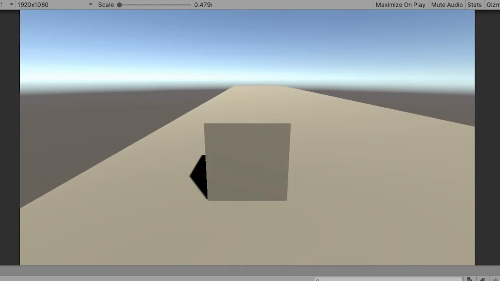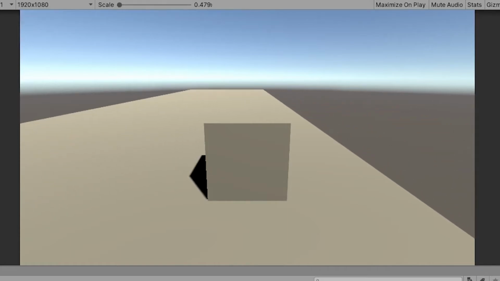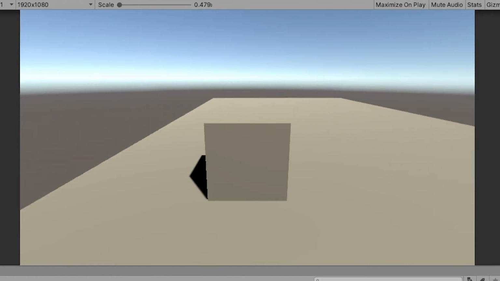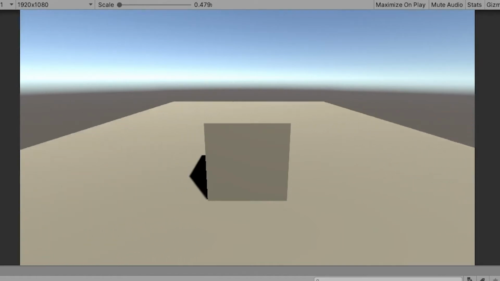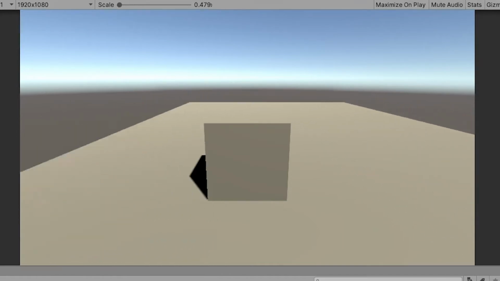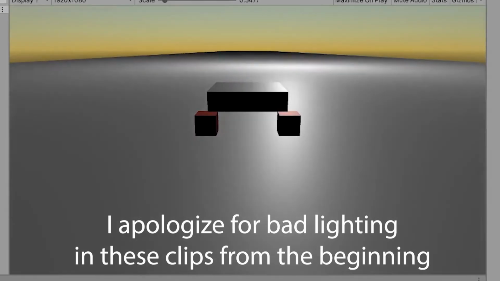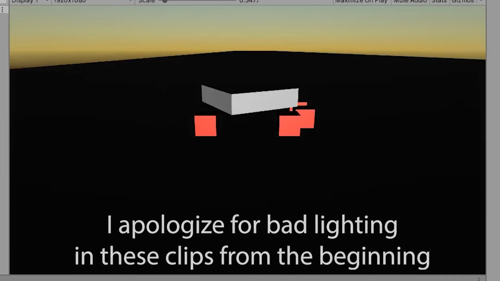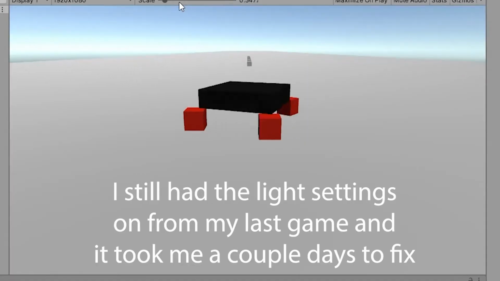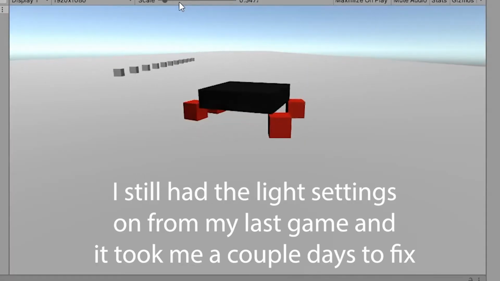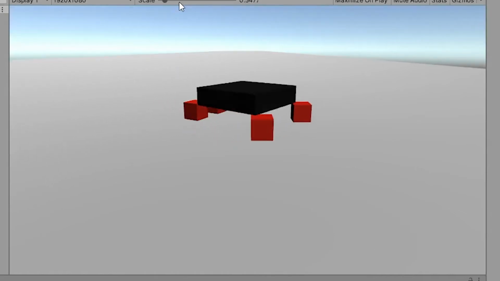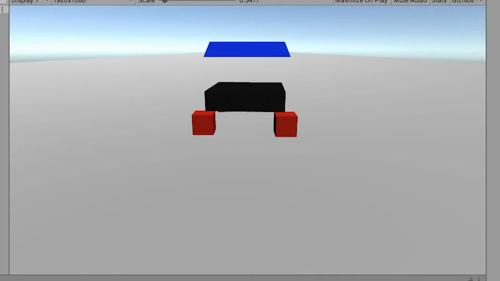So first things first, make a cube move around and not fall through the ground. Then the next thing to do is build a car. As I mentioned earlier, I've never really done anything in 3D before, so I kind of just made a bunch of different types of joints and eventually I found one that worked. And then I stuck 5 cubes together and ta-da, it's a car. Now change the movement script a little bit to always add force in the Z direction, and it's a car